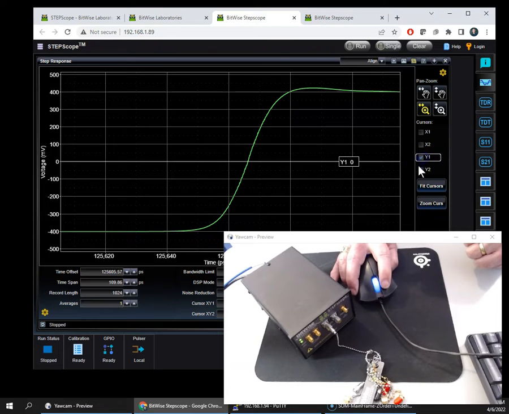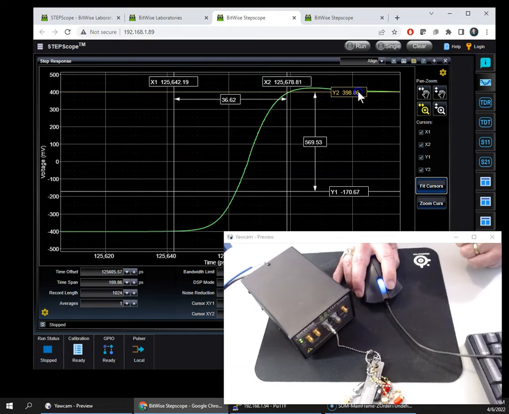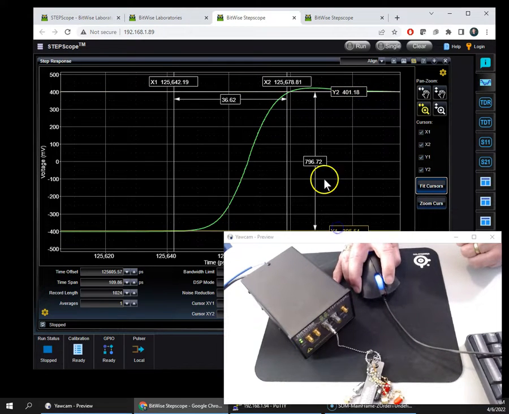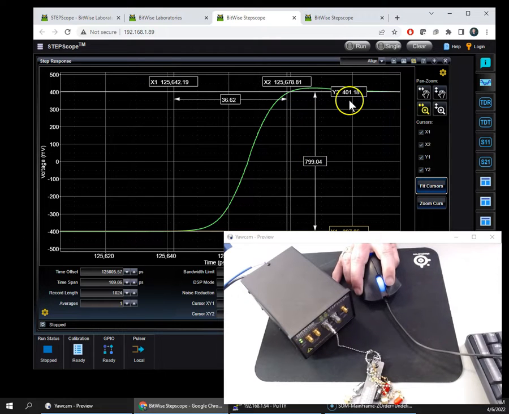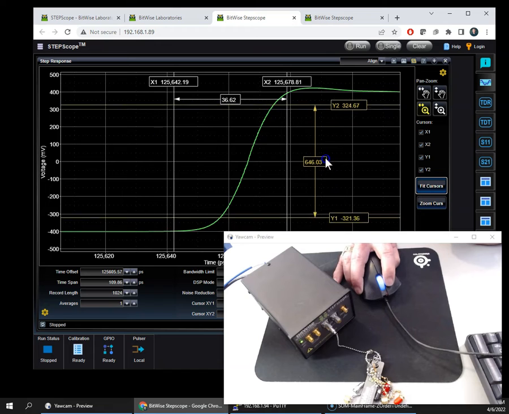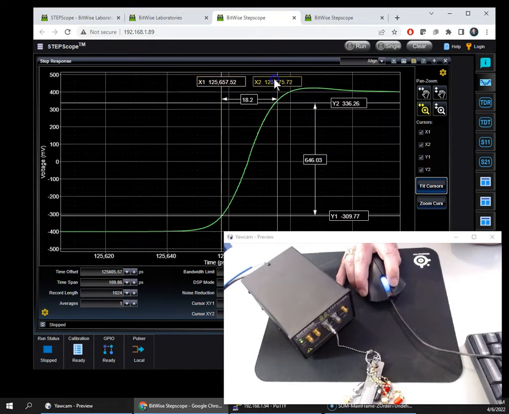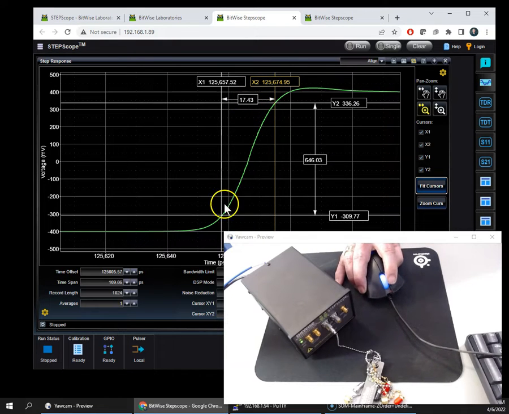Now, cursors, I can bring up cursors here on all my graphs. I can fit the cursors to the screen. For example, if I measure that amplitude right here, I see that's about, let's call that 800 millivolts. If I wanted to come find the 10-90 points on here, that would be 640 millivolts. Let me find 640 millivolts or so. I'm going to position those cursors. I'm going to move this cursor here and there to look at about the 10-90 rise time, 17.4 picoseconds inside